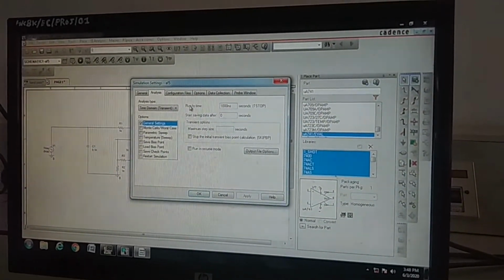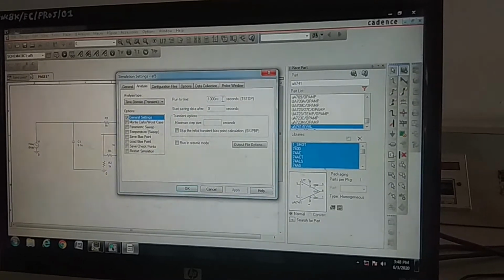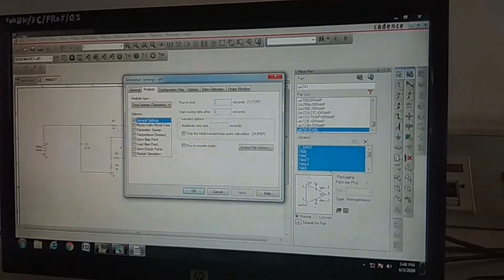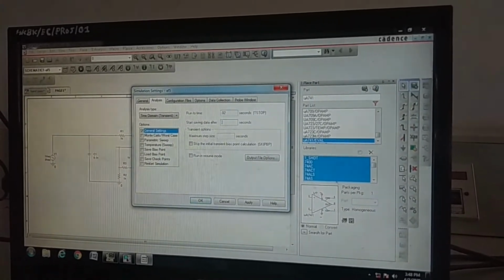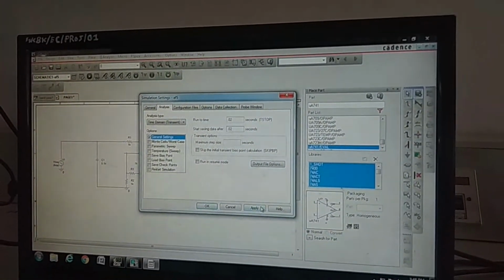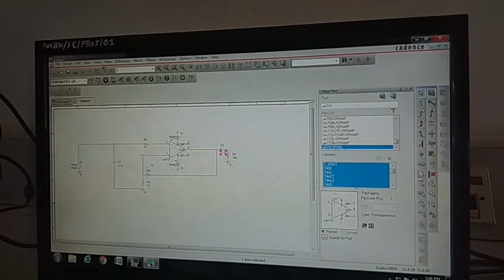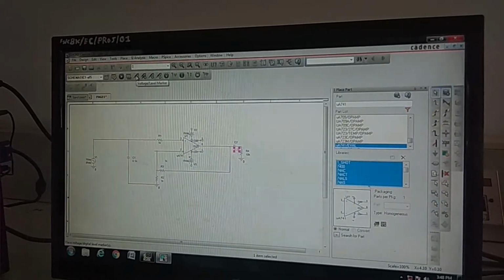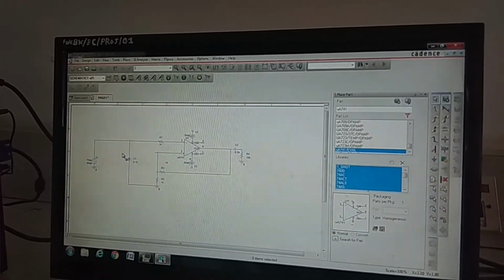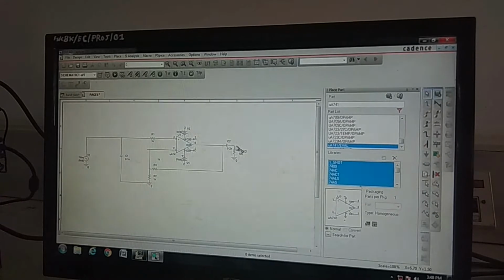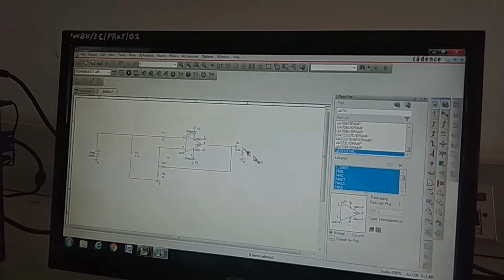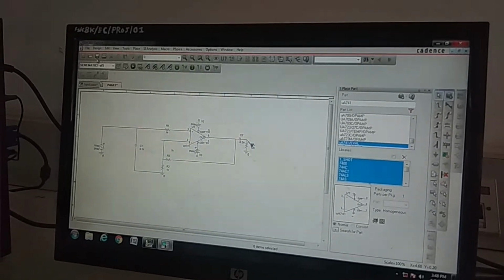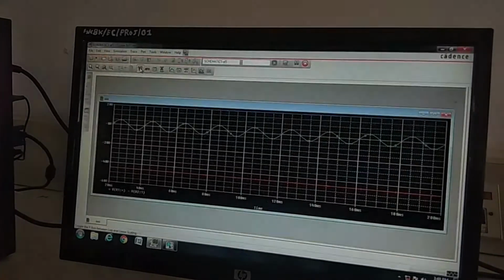In general setting, run to time is 0.2 and start saving data as 0.02. Then apply. OK. Go to voltage probe, place near the output. Then save and run.